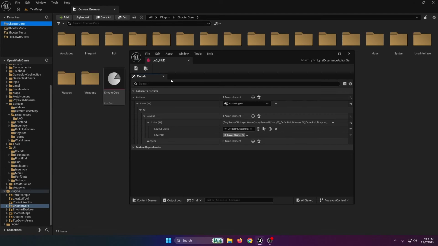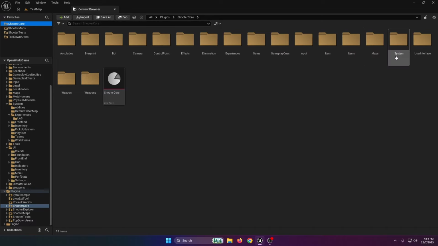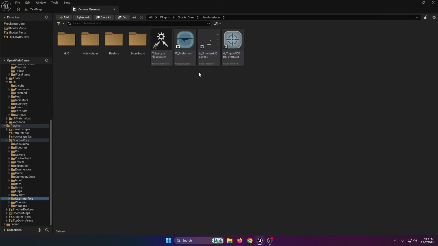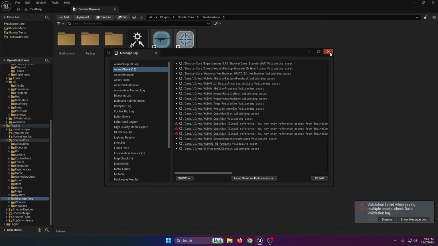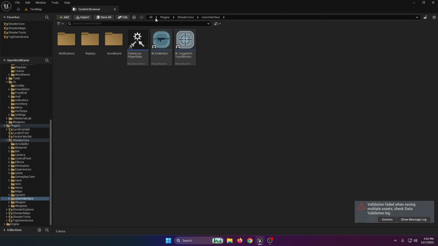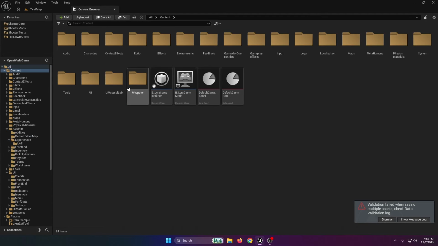I'm going to make real quick, in the user interface, I'm going to tick this one and the HUD, and drag compose here in the HUD and move them. Don't copy them, but move them, and close it. Go back to the content